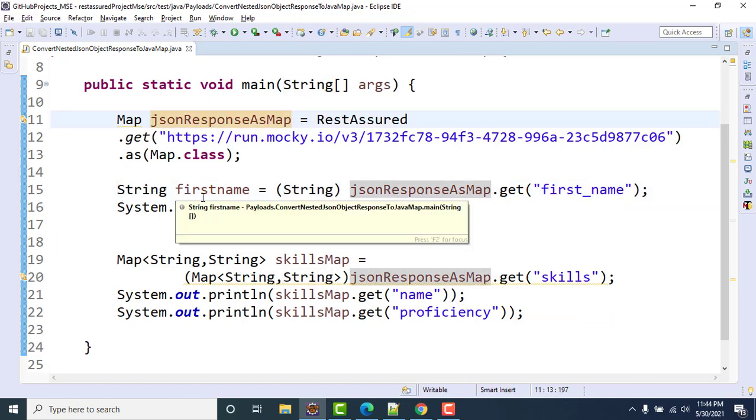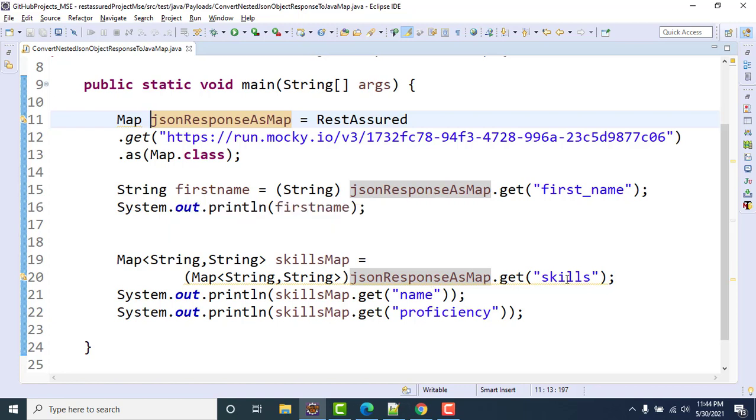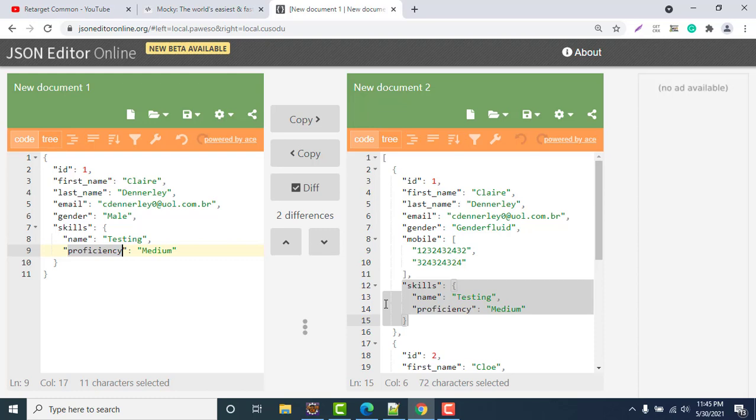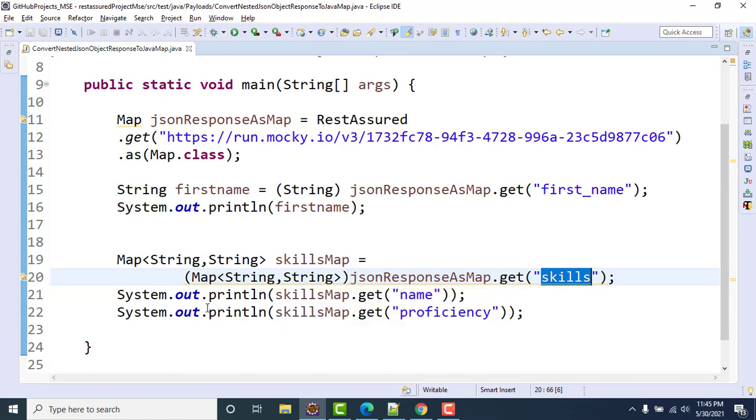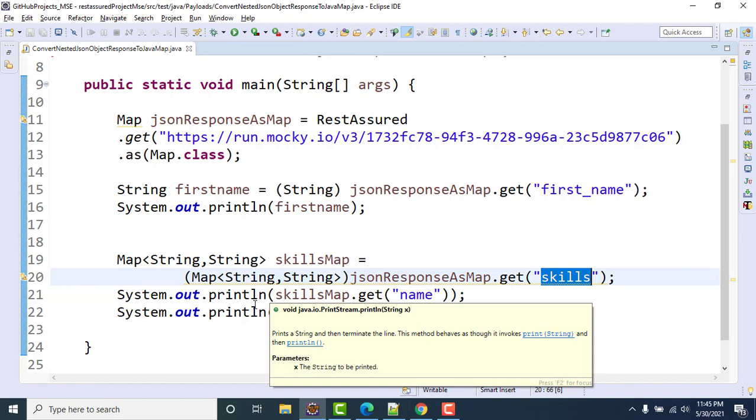We need to say that okay, this is a string value, get me the string value. Same here, when I am getting the skill, it is not a string or integer or boolean, it is another object type. That object is again one JSON object which we can parse, or we can deserialize or convert to a map again, right? This is again same thing whatever we have here, technically not the values in key, but the same thing. So I need to again cast it explicitly to map. Why map? Because that is JSON object and I can fetch the value. So this is the way you can handle any nested JSON object.